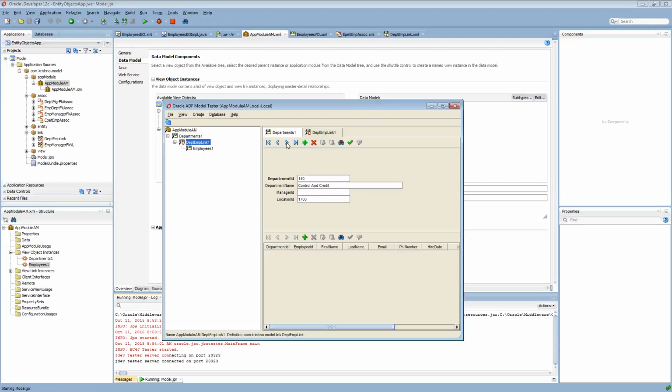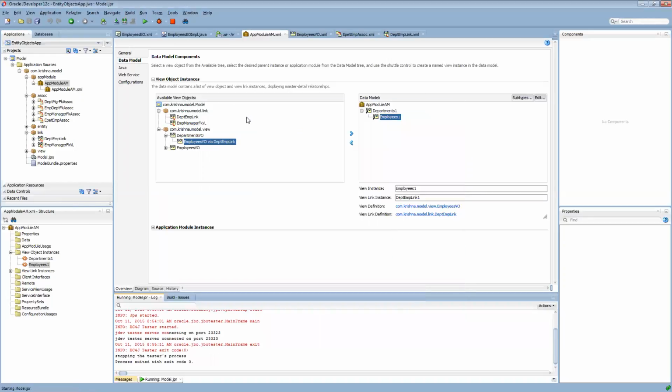Okay, so I just want you to know that there is a way to do that linking here. Don't worry about the details. When we go into the master detail display on the UIs, you'll appreciate this concept better. Okay, I just want to show you that